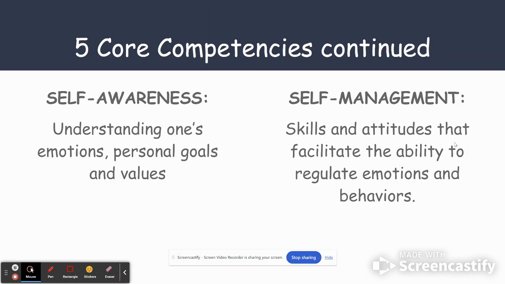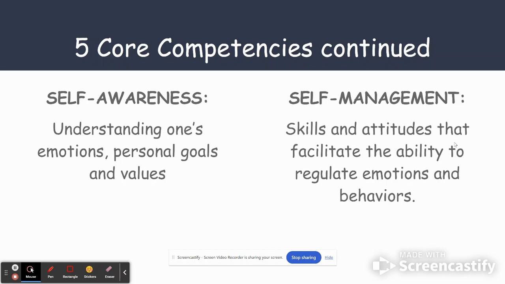one's emotions, personal goals, and values. I think for me, in the classroom, self-awareness is a skill that we try to develop right off the bat. I work with 8th grade students, and there's a lot going on at that age level. And self-awareness is definitely something we emphasize in my classroom whenever I'm working with a particular student to understand what exactly he wants out of the classroom, how he feels. We have words of affirmation, things like that, that we start off during the day to help develop these kind